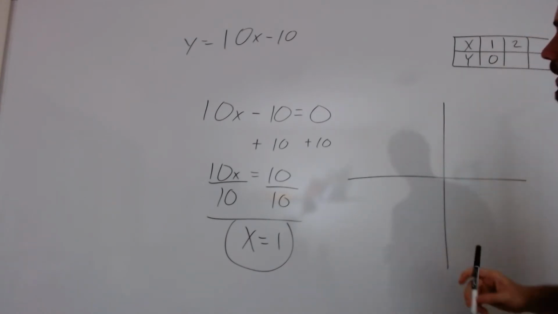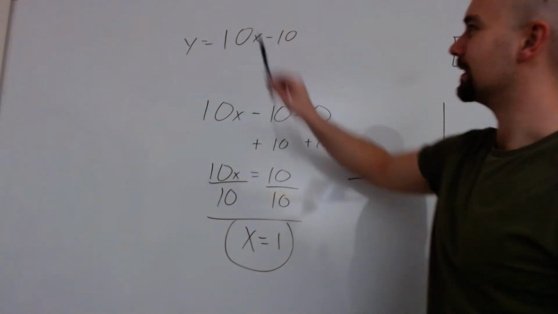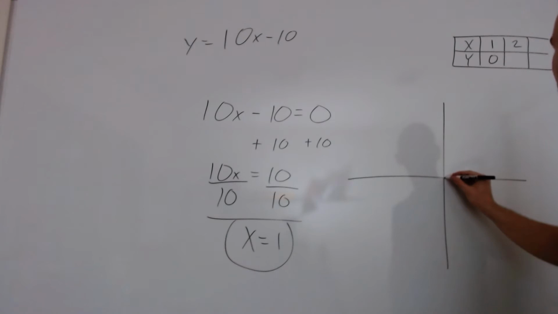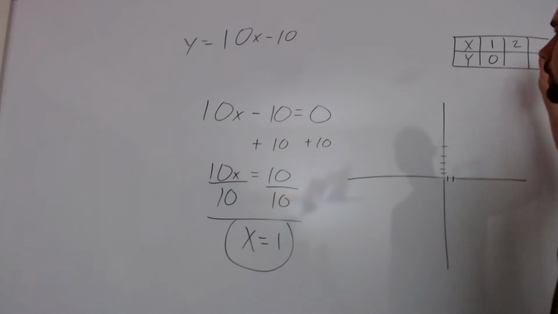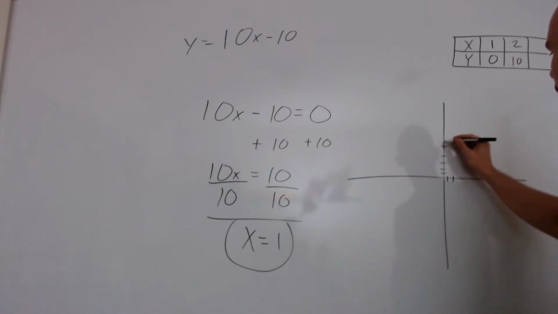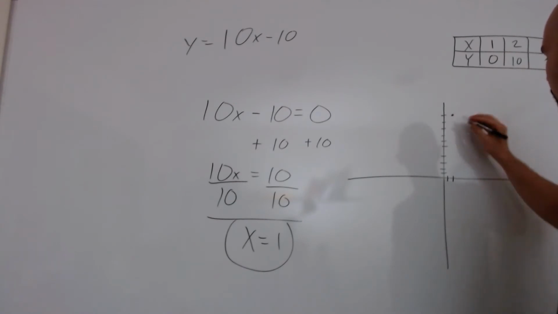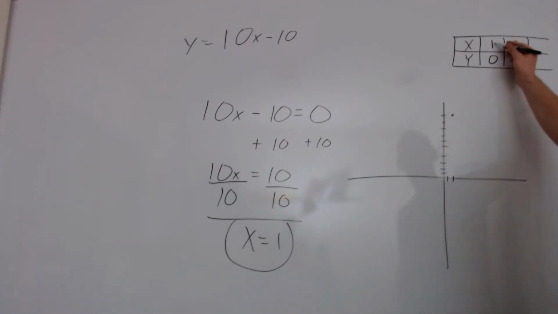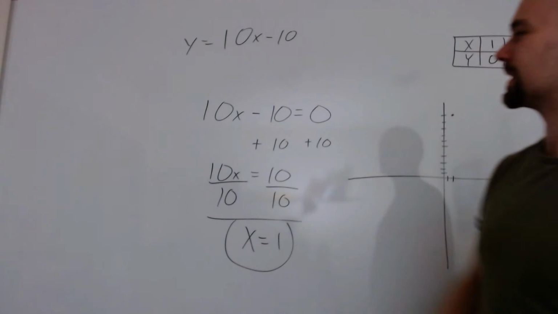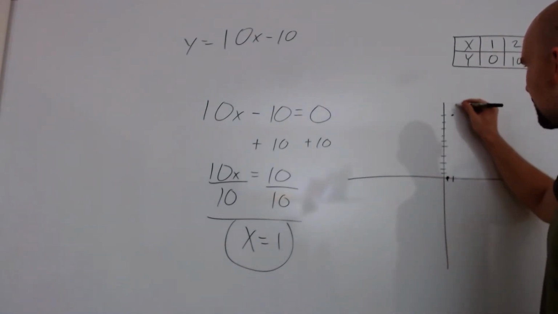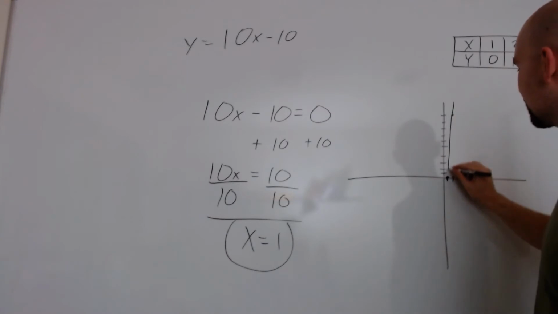Let's say x equals 2. So if x equaled 2, 10 times x is going to be 20 minus 10. But then if I have x equals 1, 10 times 1 is 10, minus 10, y will equal 0. And so I wanted to have 2 points so I could make a line, because you only need 2 points